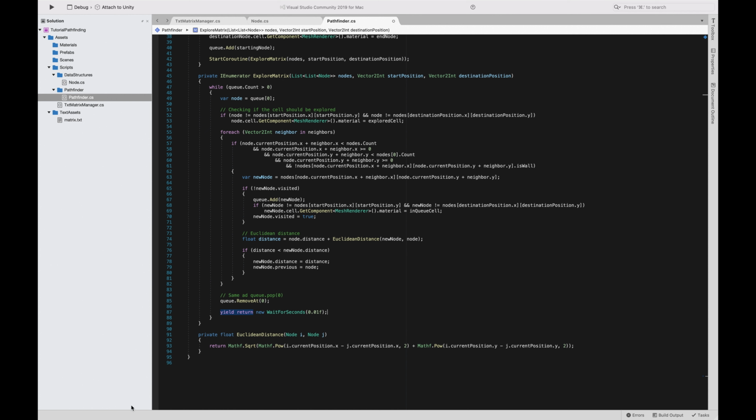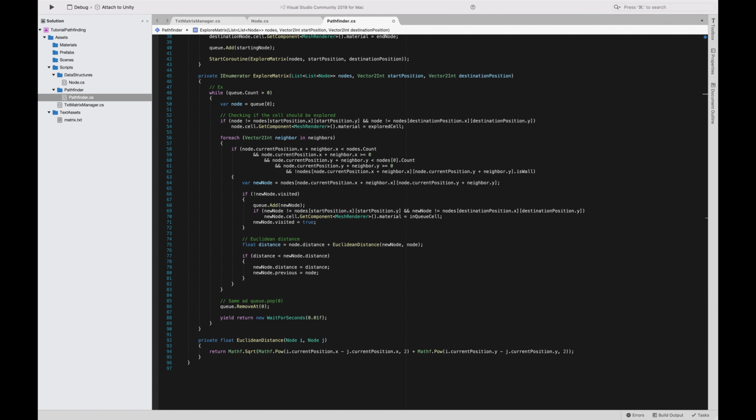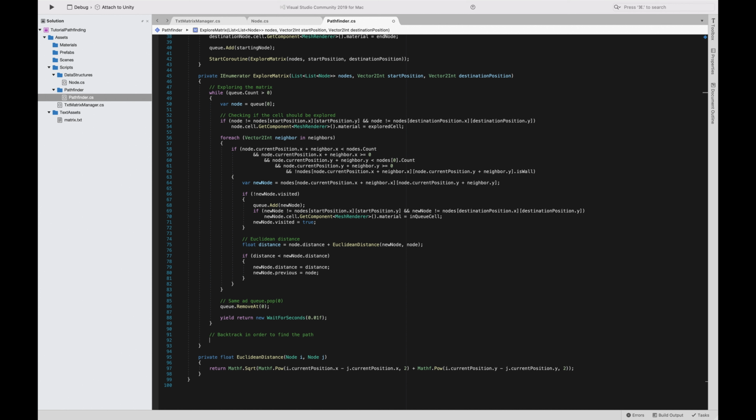So before ending, we need to backtrack. So this is the exploring part, inside the while, exploring the matrix. Now we need to backtrack in order to find the path, to order the path. Okay, so we simply say DFS